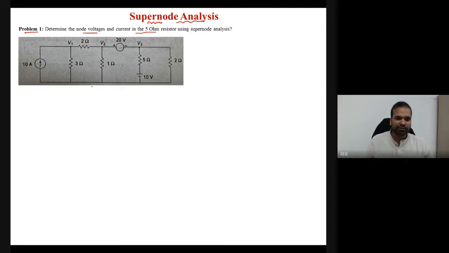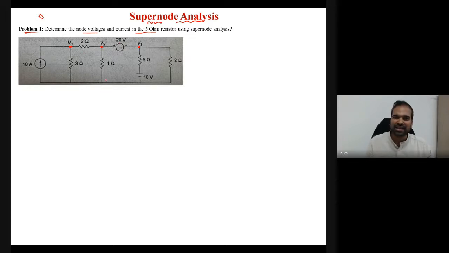Okay. See here, what is our first step? We need to identify the number of nodes for the given circuit. They are already given, but see here, the current source and the 3 ohm and 2 ohm are connected at a common place. Therefore, this is one principal node, and this is V1. Now this 2 ohm, 1 ohm and 20 volt voltage source are connected at a common place. This is our second node. Node is nothing but a principal node. Now the 5 ohm, 2 ohm and 20 volts are connected at a common place. This is our third node, and I have represented them by V1, V2, V3.